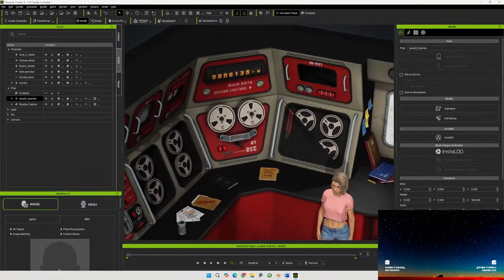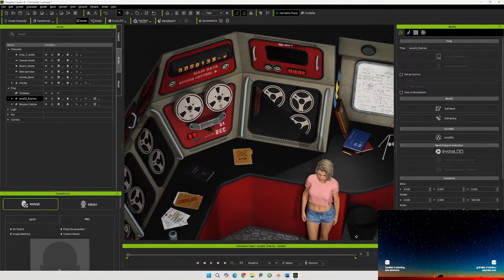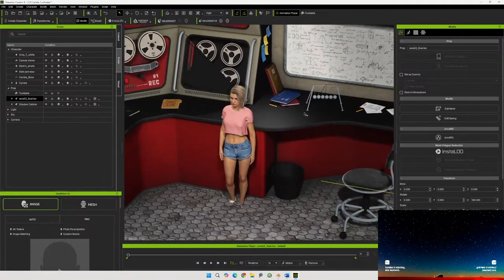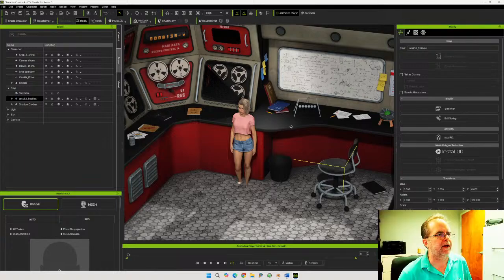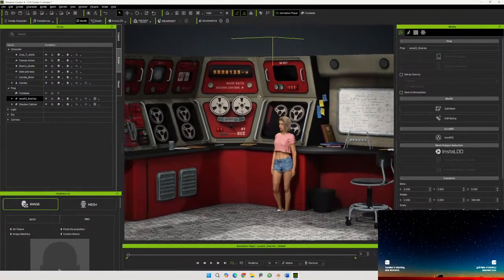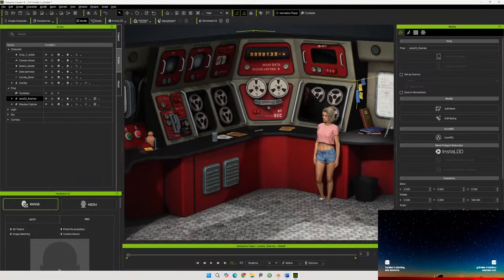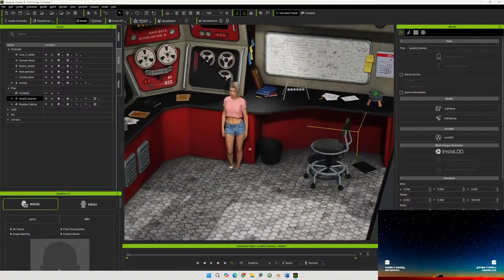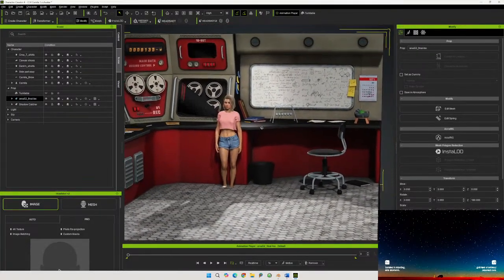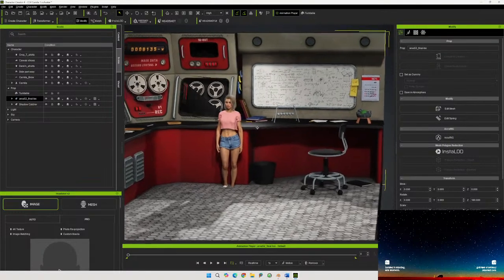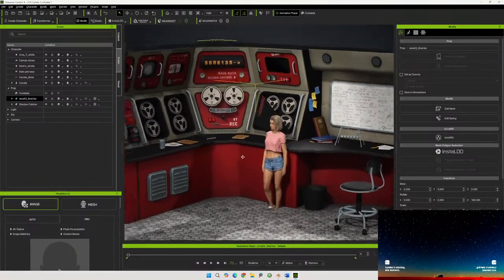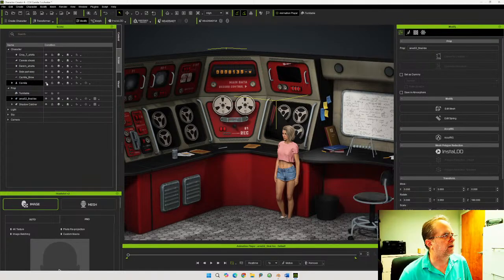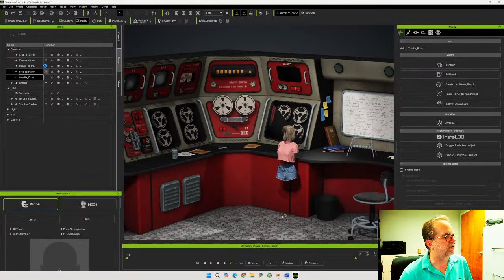Man, that's really a bummer. All right, so this is going to take a little bit more troubleshooting. Hopefully I'll get that solved prior to the next stream, because this is a set that I would like to use for one of the shots that I'm working on for this project. It's not a deal breaker or anything, but you know what I'm going to do? I'm going to hide this character out of the shot,